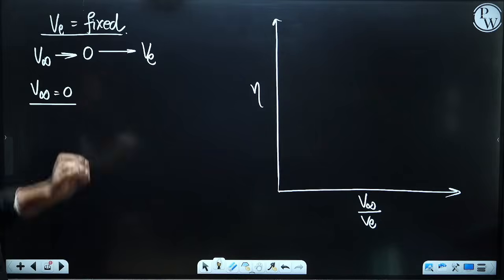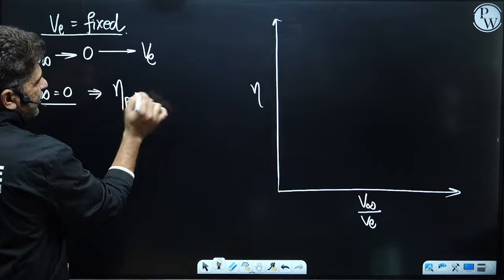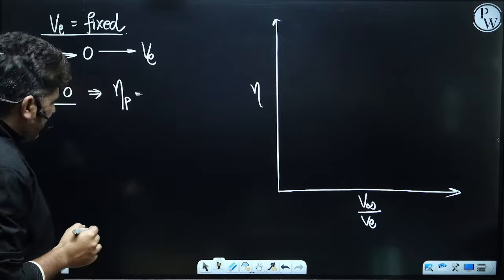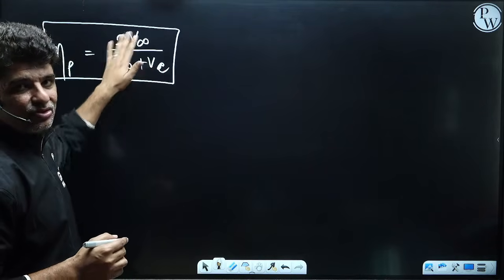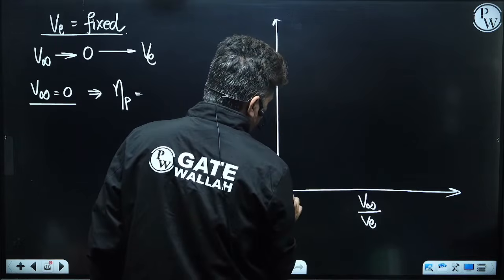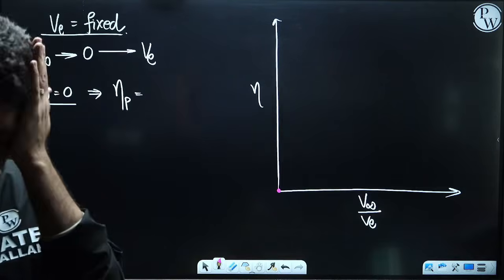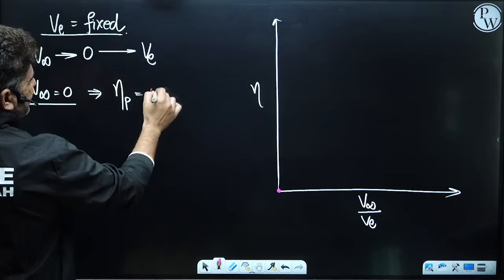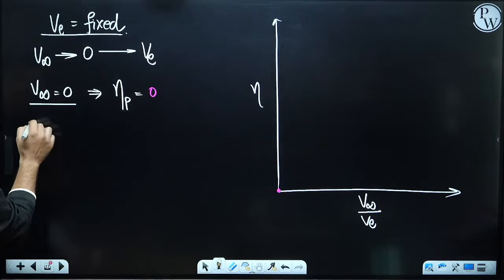So at V infinity equal to 0, what will be my propulsive efficiency? The propulsive efficiency will be equal to 2 times V infinity divided by V infinity plus V exit. So the numerator will become 0, and this quantity will become 0. So the propulsive efficiency is 0. You start from here. Now you are increasing, let's say V infinity becomes